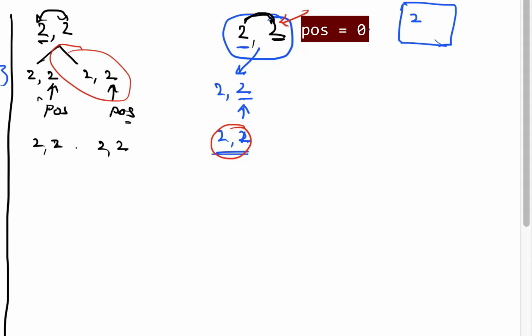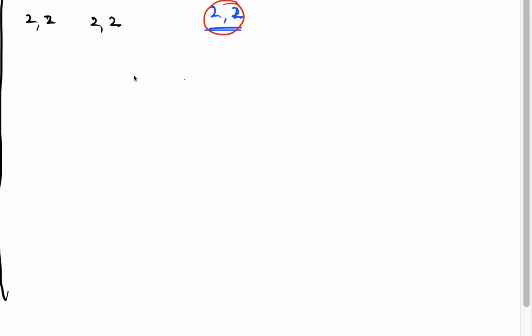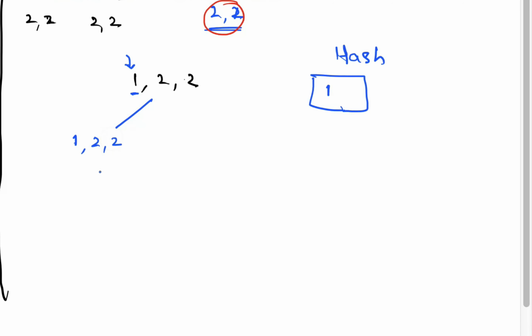Now let's have a look at it with 3 variables, and the 3 variables are 1, 2 and 2. Inside this function the position is at 0. This function will have a hash set, and first we will fix 1 at position 0. We will put 1 in the hash set, so that if we encounter 1 again in the array, we don't perform this operation for the 1. So we will fix 1 at the first position, and we will call for permutations of 2 and 2.